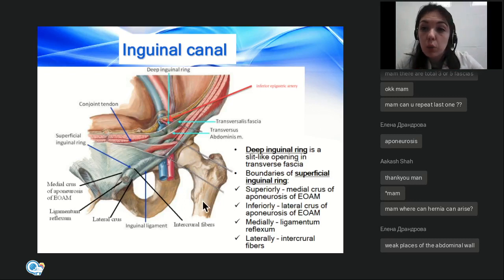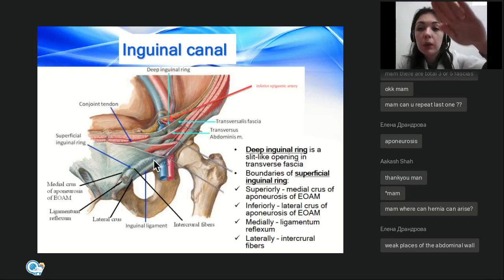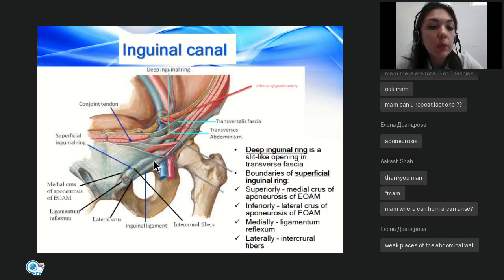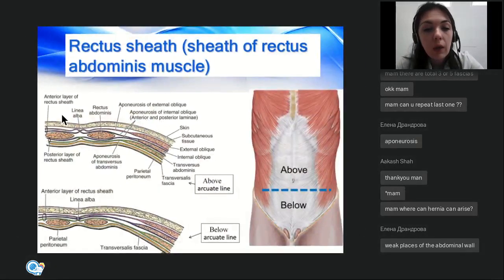It has two rings, deep and superficial. Here we can see the deep inguinal ring. It is a slit-like opening in the transverse fascia. And the superficial inguinal ring is formed by the external oblique abdominis muscle. If we compare the lengths of all the lateral muscles of the abdomen, external, internal, and transverse, the external oblique abdominis muscle will be the longest, and even inferiorly,